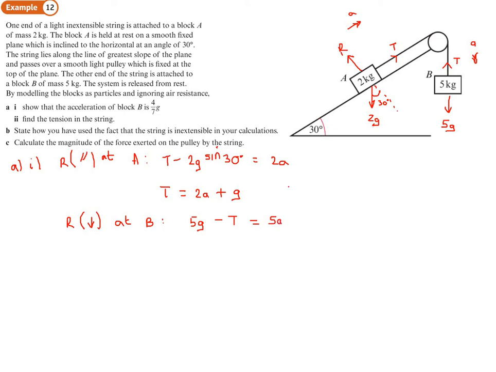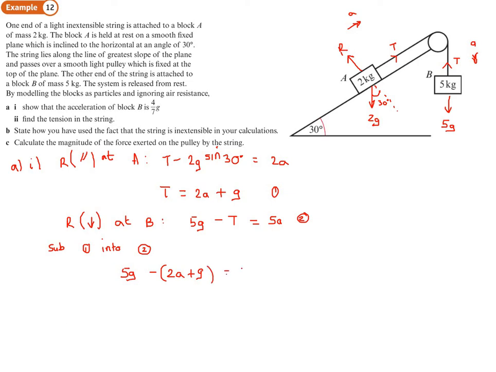Okay, and then again, I can just substitute this equation into this equation. So I'm just going to label what I'm doing every single step so it's nice and clear. So substitute 1 into 2, just so I know what I'm doing, and anyone looking at my work knows what I'm doing. So I therefore got 5G minus (2A plus G), don't forget brackets,